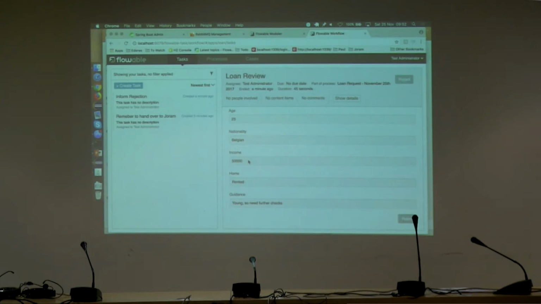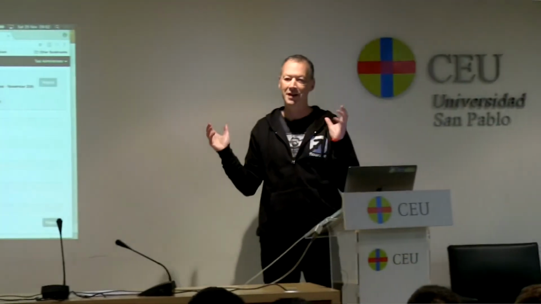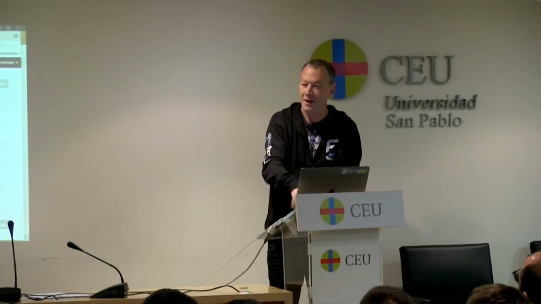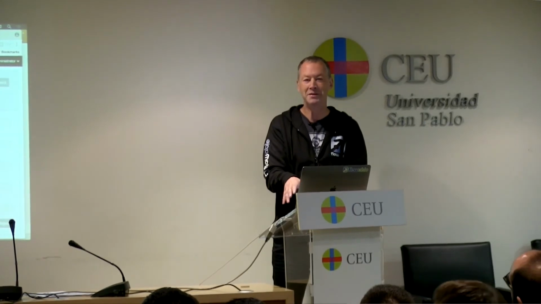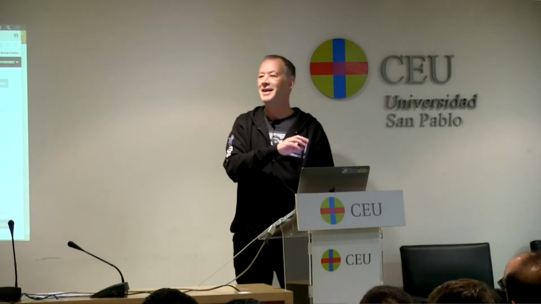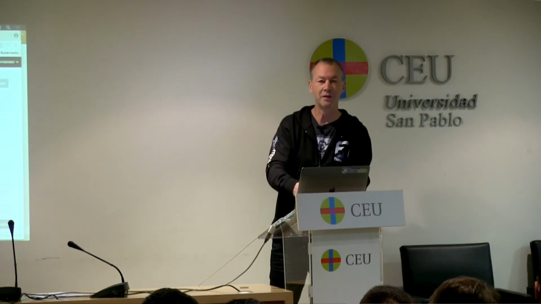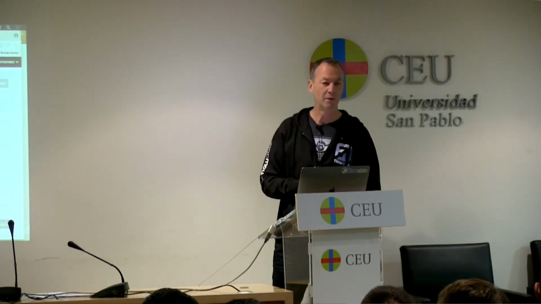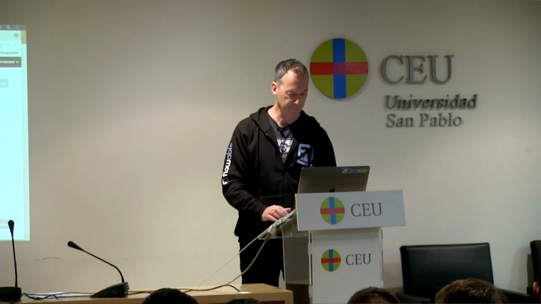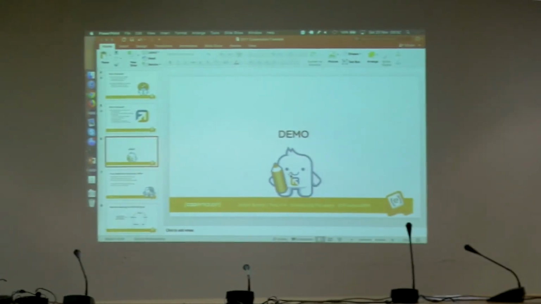So that gives you an idea. You can design quite complex business processes, design complex decision tables, and if you know case management, design case management, and very quickly and easily deploy those, run those. Everything that's happening here is happening at a very small scale on a laptop, but we've got banks that are using this at super mega scale where they're doing hundreds of thousands of transactions and business processes every day, or sometimes even every hour, so the engine can scale from this little world up to that very high and wide scale. So just to give you a flavor, if I go back to the presentation,